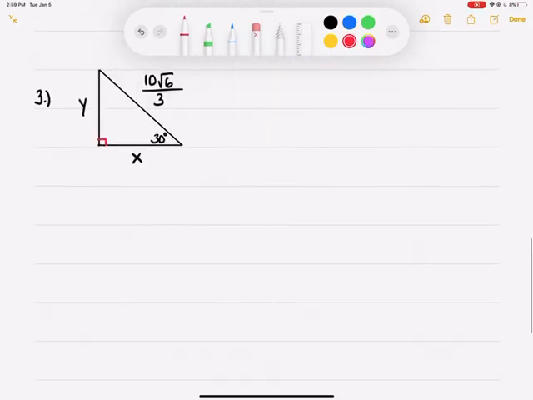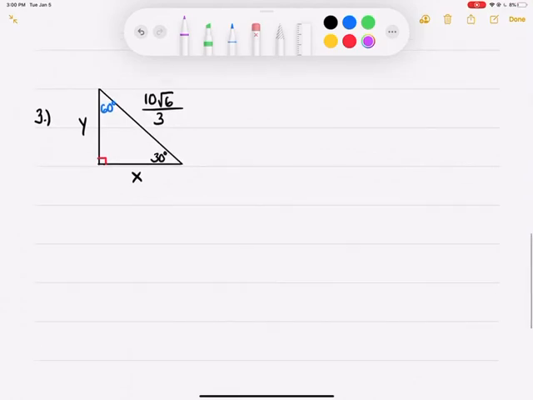In the third example, as you can see here, I have a 30, 60, 90 degree right triangle. I know that this angle should be 60 degrees by default, because 30 plus 60 plus 90 equals 180. Okay, so we're going to remember the rules for a 30, 60, 90 degree right triangle,